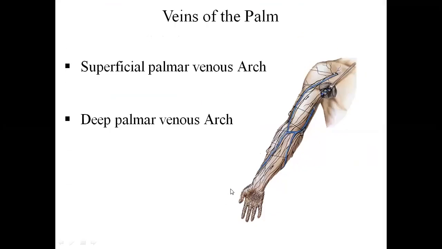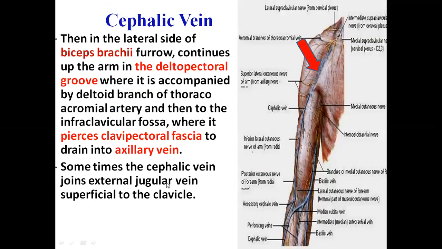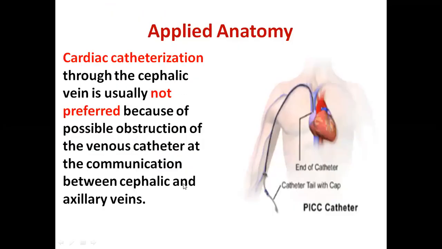So let me just tell you now, see here, this is our cephalic vein which has started as a continuation from the lateral aspect of the dorsal venous arch, continuing from the anatomical snuff box, and you can see it on the lateral side of the forearm. It joins with the basilic vein by means of median cubital vein. Further journey of cephalic vein is on the lateral aspect of the biceps brachii. It moves in the deltopectoral groove along with the thoracoacromial artery, isn't it? Then it pierces the clavipectoral fascia to open into the axillary vein. Suppose if cephalic vein comes, then you are supposed to write these points, right?